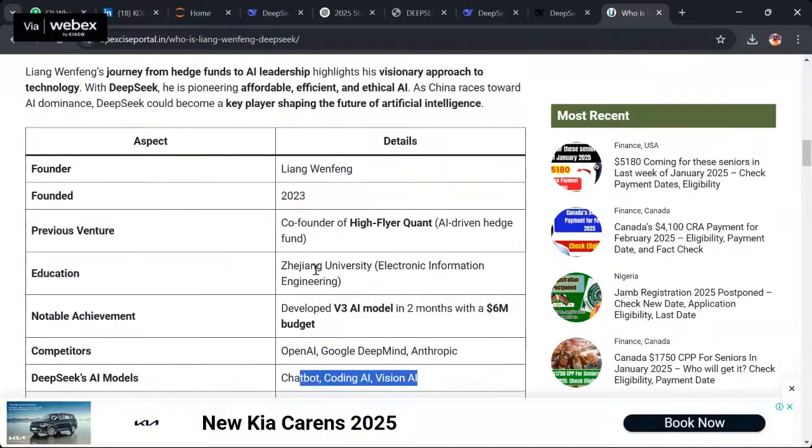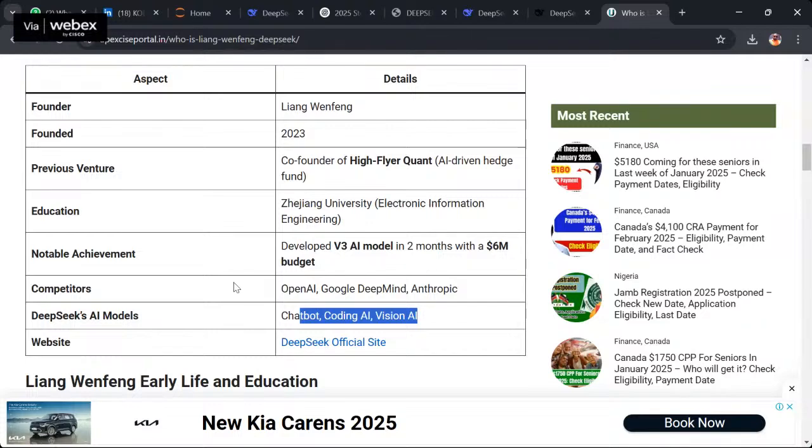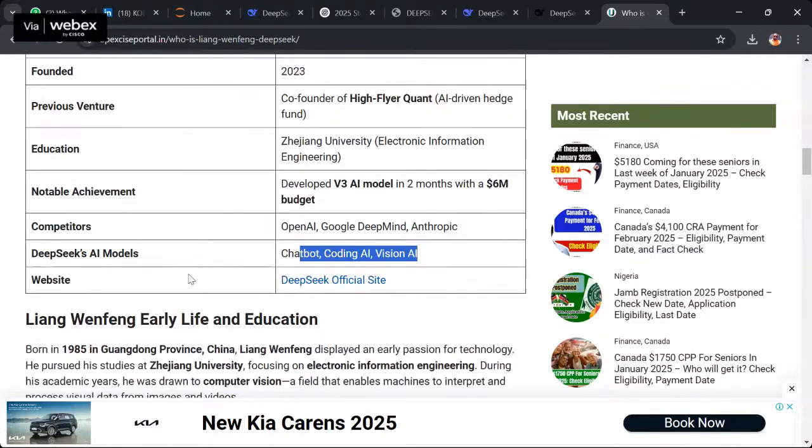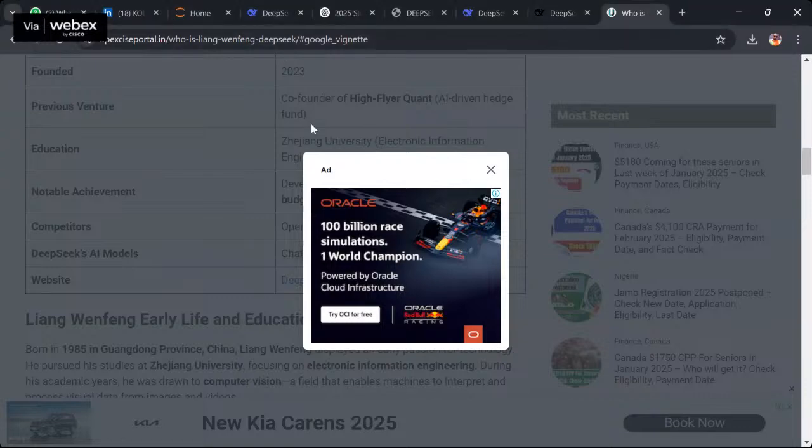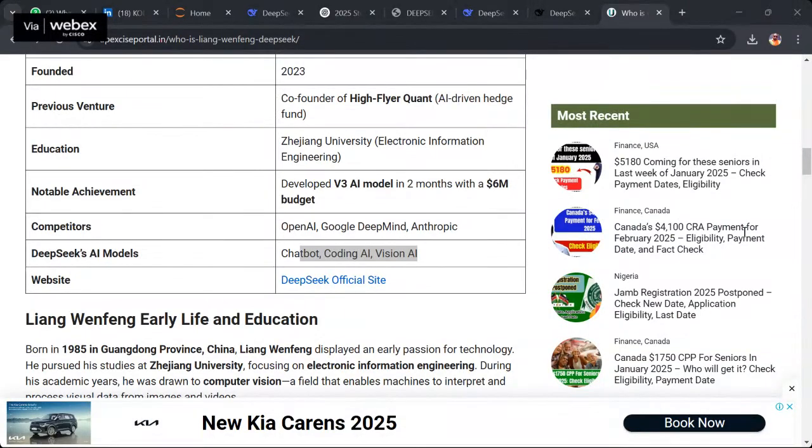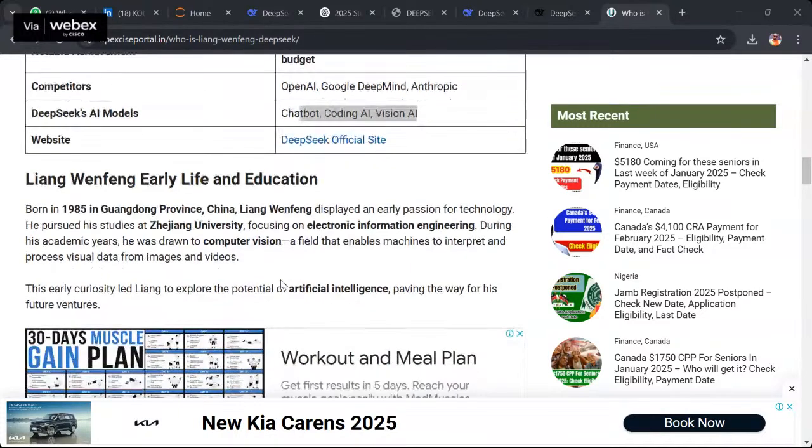So, guys, you now have clarity on when DeepSeek launched, who the founder is, how many models there are, who the competitors of DeepSeek are, and what DeepSeek's AI models do. I'll share this link with you. I hope everyone scanned the QR code. Just give me confirmation. Anyone who didn't scan the QR code, I will give it to you so that you can get all these documents. I'll update you after the session.